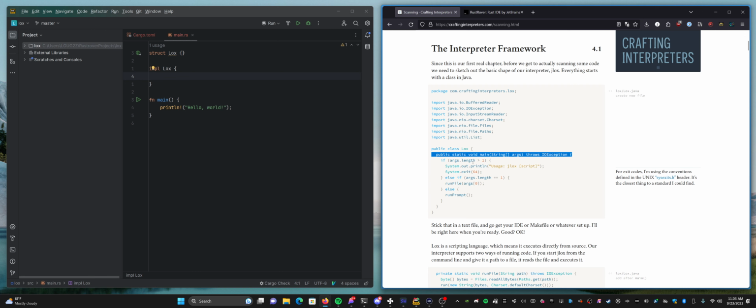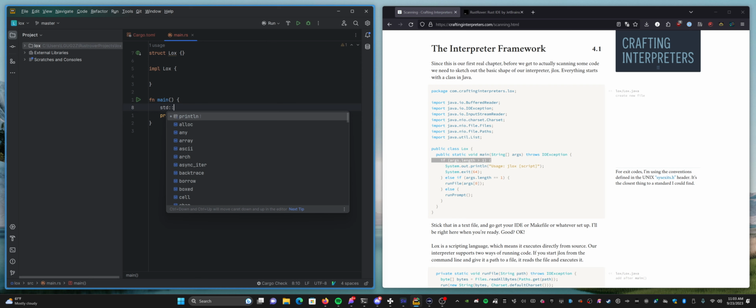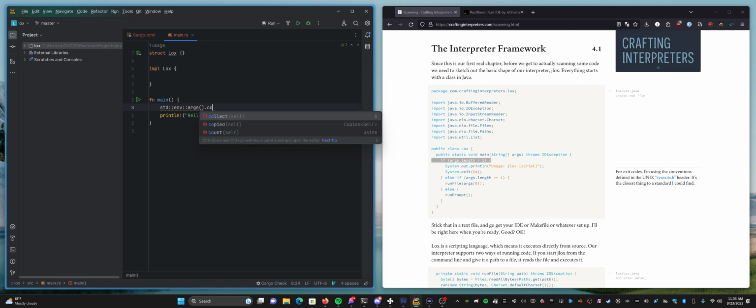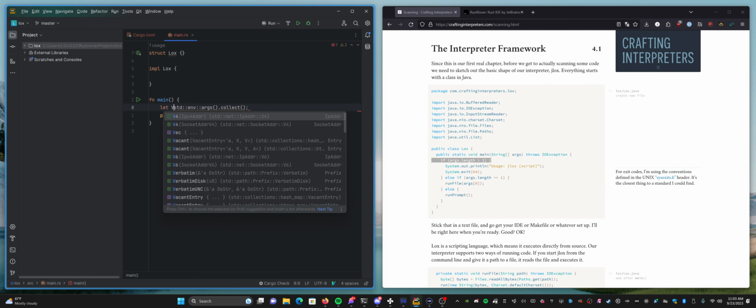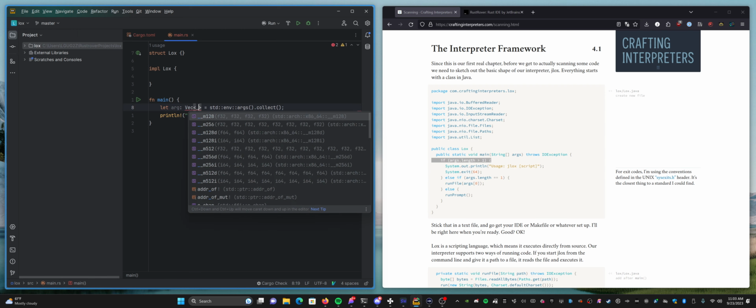So what do we have here? We're checking the length of the arguments. So the first thing that we want to do is figure out how do we get the arguments. This is a standard library function. You get args, and then you collect them into a vec. A vec is like a list or an array equivalent, let's say. So here you see I've done vec, angle braces, and then this thing in the middle, right? This underscore says infer the type,